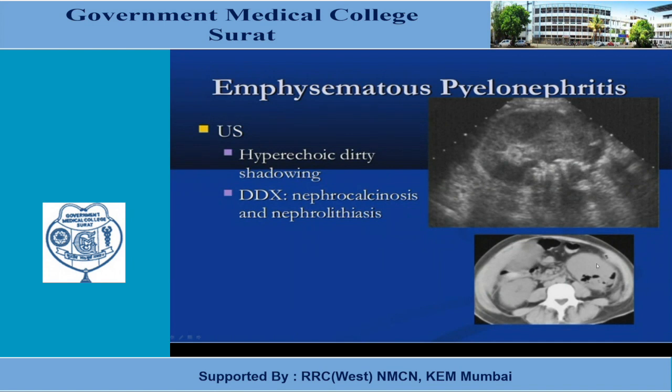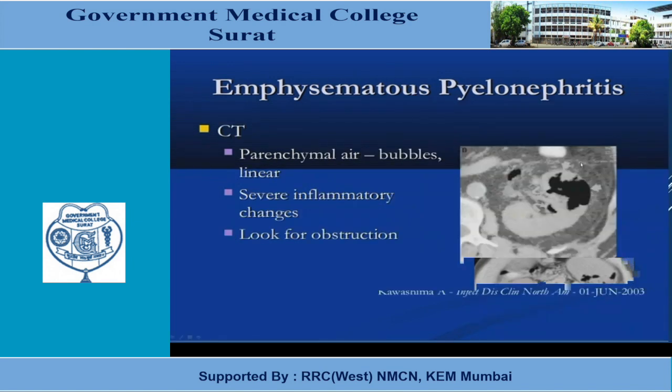Similarly, the CT axial image shows that, compared to the right side, the left kidney is grossly enlarged in size with an air-fluid level in the lower part, suggestive of an infective pathology, emphysematous pyelonephritis. Another patient has a similar air-filled structure in the renal cortex, and also in the renal pelvis and ureter. So it's emphysematous pyelonephritis.